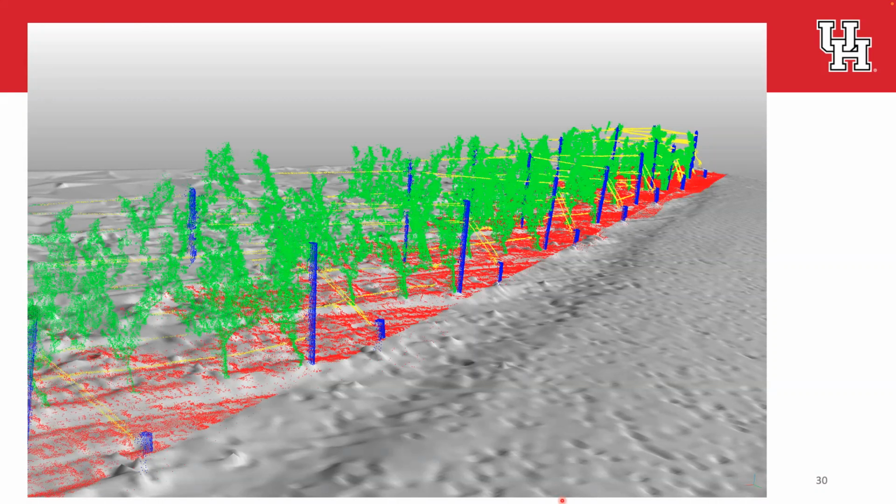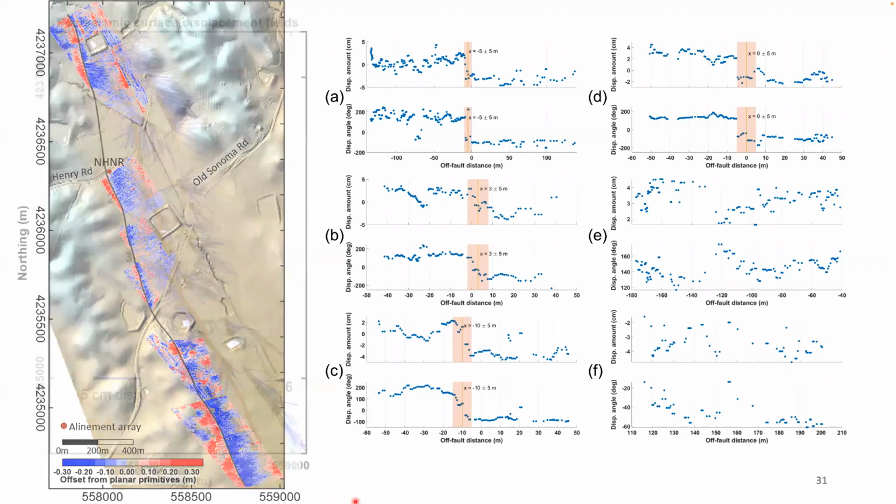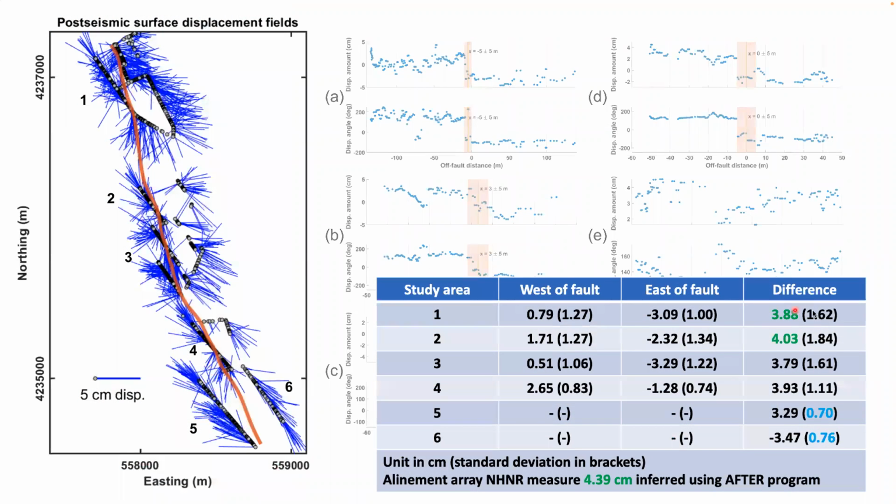So that worked quite well, and it allowed us to automatically extract thousands of cylindrical primitives that we could then use for modeling. And so when we did that, we get a whole bunch of primitives here, and this figure's kind of busy, but what I want you to focus on is the results on the